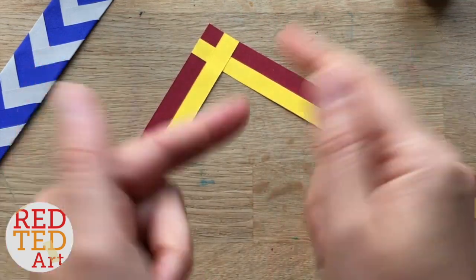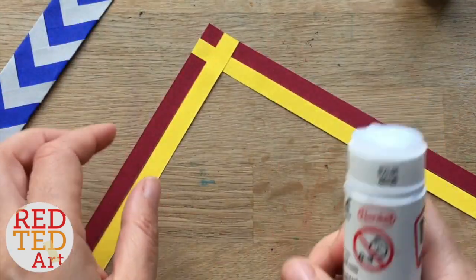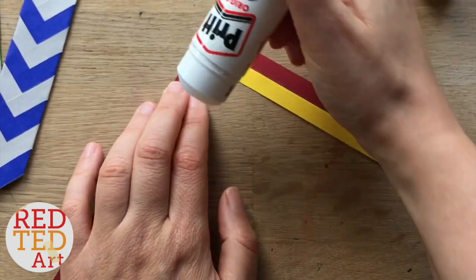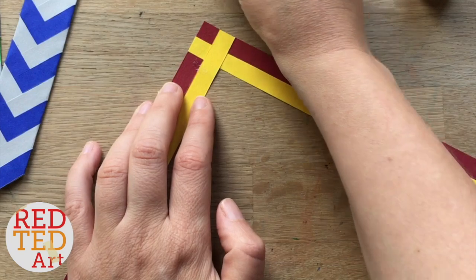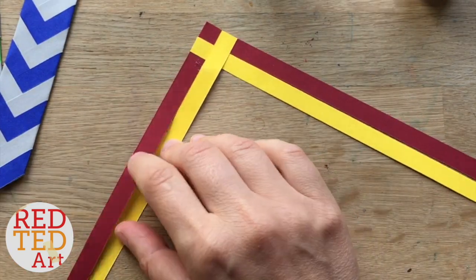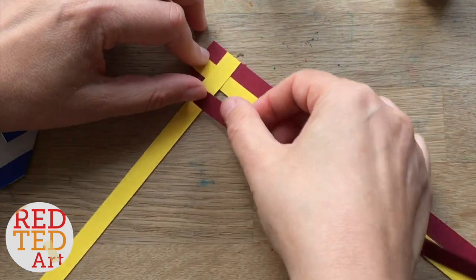Now most people just fold, that's great. I like to add a little bit of glue just because I think it makes your final bookmark more stable. You don't have to, but I like to. So again, it's your choice. I'm going to keep alternating. So this is the last one I glued down, so now I'm going to go to the other side, add the tiniest bit of glue, and then you fold it over,